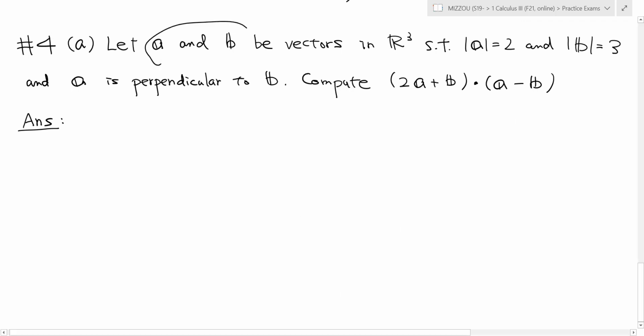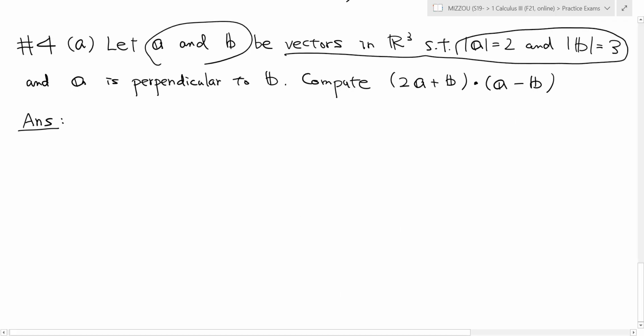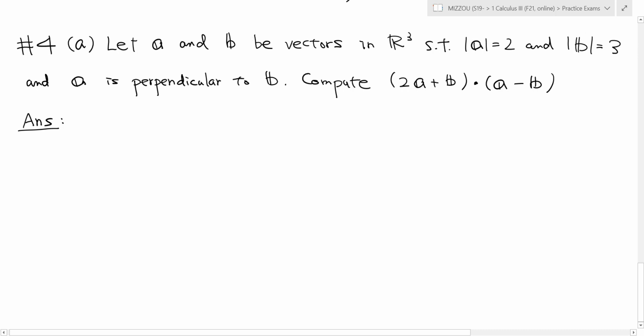Let A and B be vectors in R3 such that the magnitudes are given this way, 2 and 3 respectively. And moreover, let's assume that A and B are perpendicular to each other. A is perpendicular to B. Then now, compute this dot product. Okay, here's a way to do it. So you want to compute this. But we don't really know explicitly what A and B are. The only thing we know about A and B is first, the magnitudes are 2 and 3, and then A and B are perpendicular to each other. Well, how should we do this? Here's a way to do it. This one here